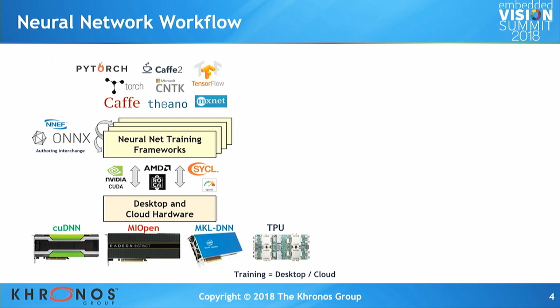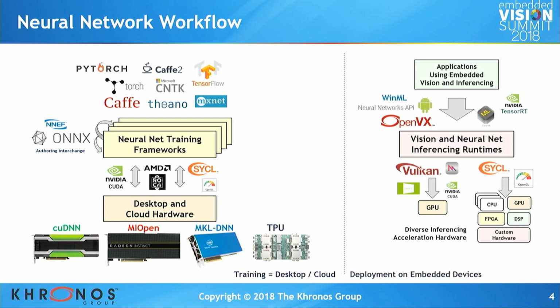In this space for authoring interchange, ONNX is probably the best known in the industry right now. NNEF is the other interchange format. You can use NNEF for authoring interchange, but I think ONNX has that as their primary design use case. Over on the inferencing side, again, kind of zooming out from Rada's picture, you need an inferencing runtime.